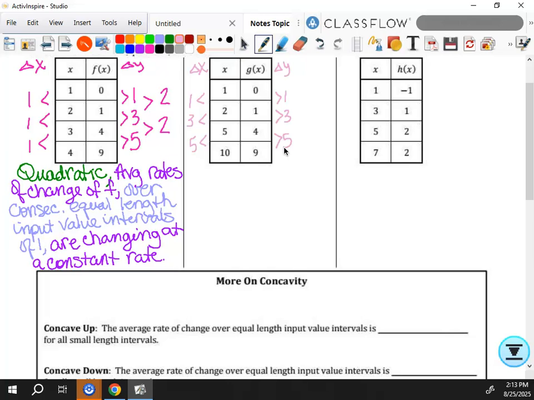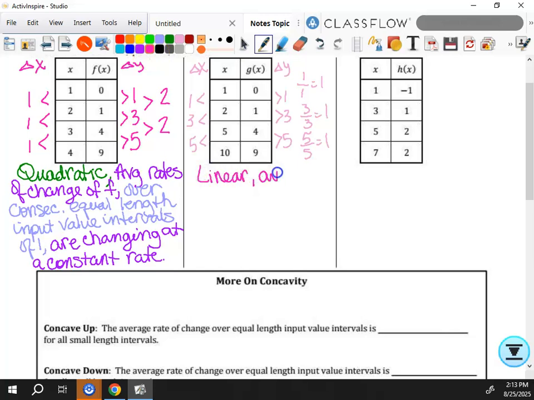So when I actually go and find the rate of change, I'm going to put 1 over 1, and that's 1. I'm going to put 3 over 3, and that's 1. I'm going to put 5 over 5, and that's 1. All right? So do we think this is linear or quadratic? Linear. And we don't have to say quite as much with linear, which is kind of nice. We can just say that this is linear,